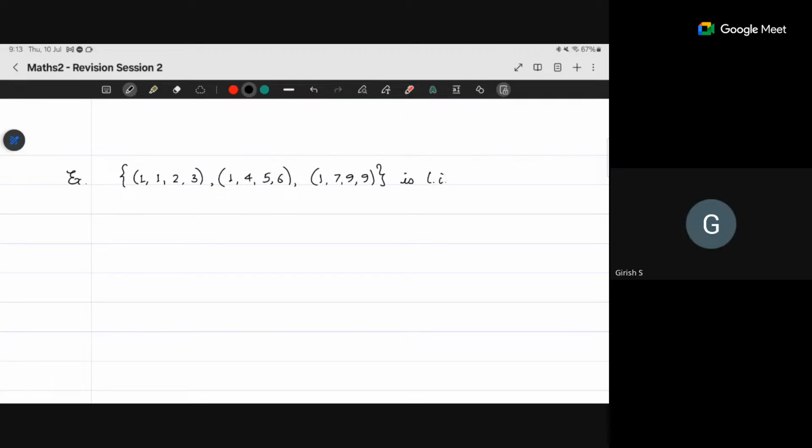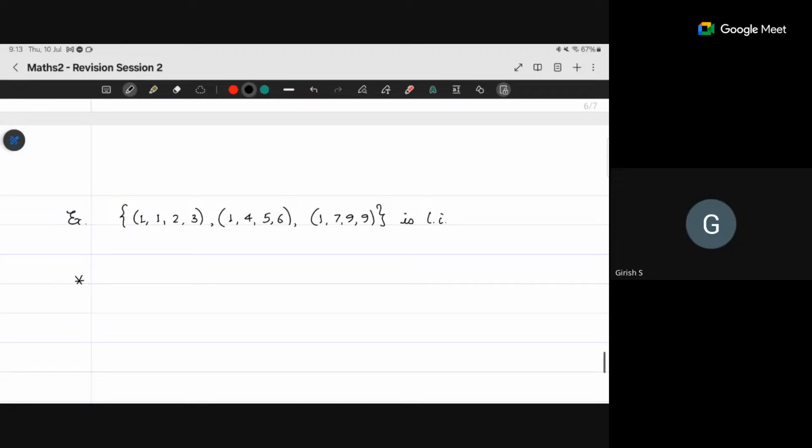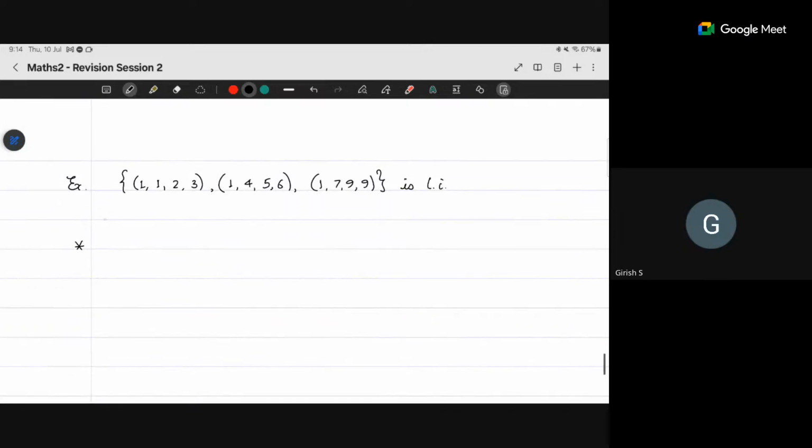Okay, so this is about linear independence and dependence. Next, we'll go towards the basis of a vector space. So linear independence is a desirable property because you can express many vectors in terms of a finite set of vectors. But then at some point, you cannot make it linearly independent anymore. So there is a maximal linearly independent set. That is what we'll call a basis. But before we get to that,